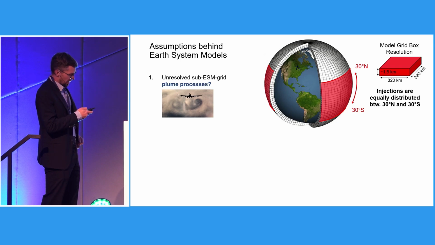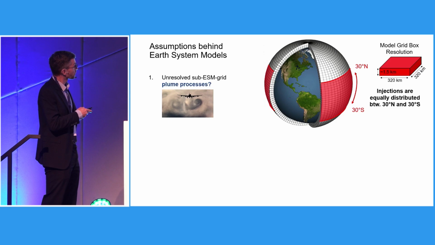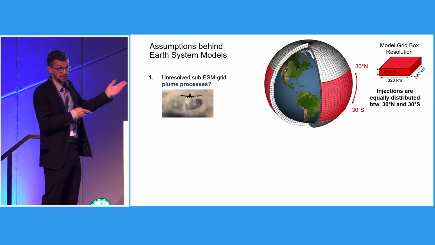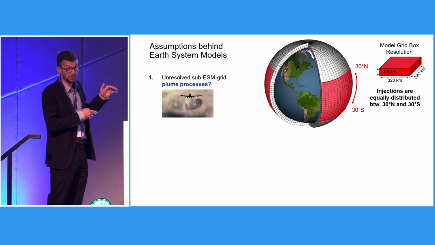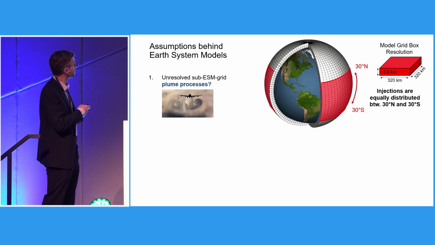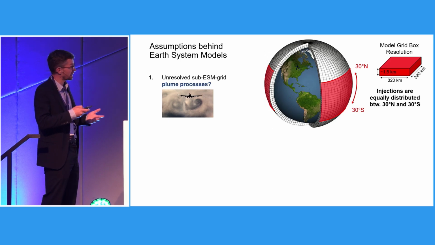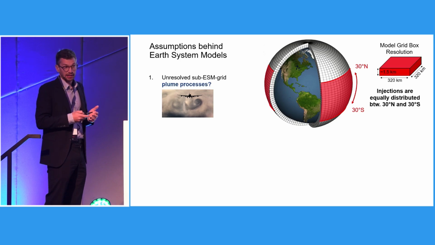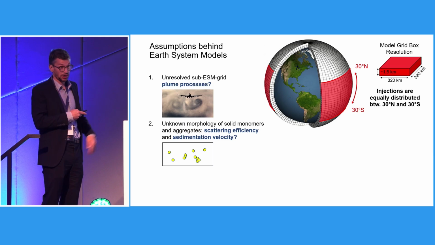It's important to note that we inject our particles in our climate model grid, which has a resolution of 1.5 kilometers times 320 times 320 kilometers. So it's a very, very large grid, and the particles are equally distributed in that grid. So we do not account for plume processes. Upon injection, the particles might coagulate with each other, form clusters, etc. These processes are all not accounted for, and this will likely change the scattering efficiency of the particles and also